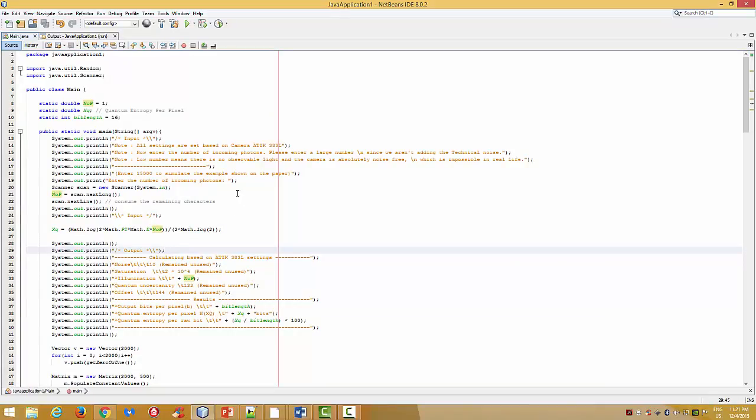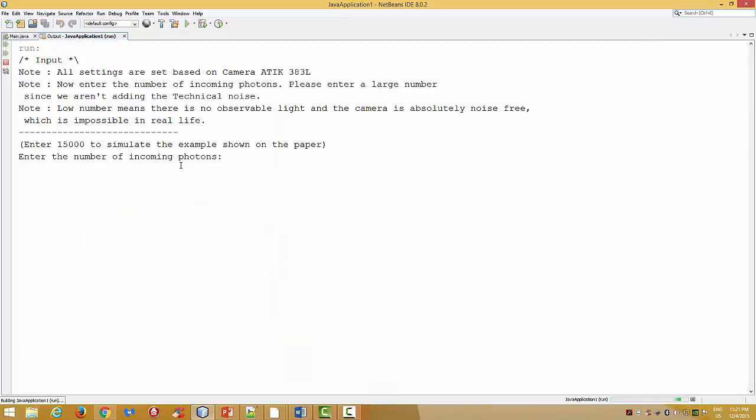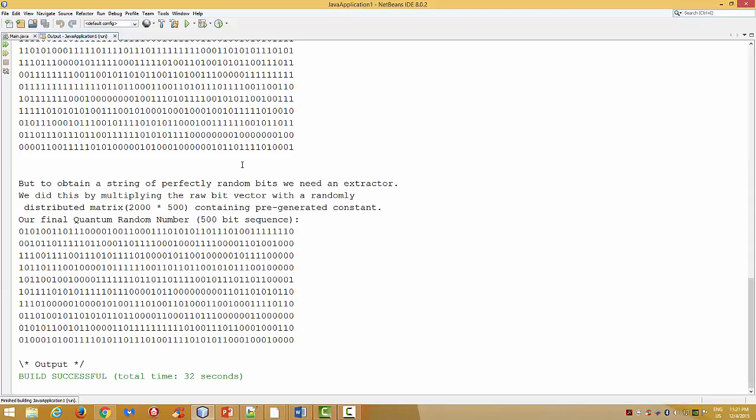So we've implemented it in Java. When you run the program, it will give you some notes about how much incoming photon should you use as an input, because if it goes too low, that means there is no light on the scene, or the camera is absolutely noise free, which is not possible in real life. So to simulate the example explained in the paper, I will go with the 15,000 photon count for the ATIK383L camera. If you press enter,